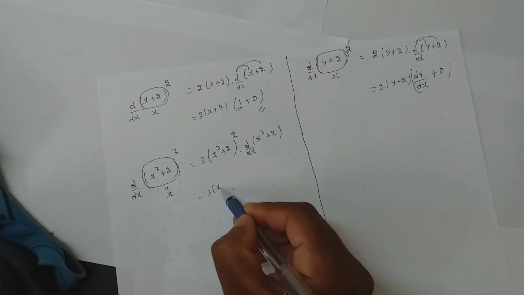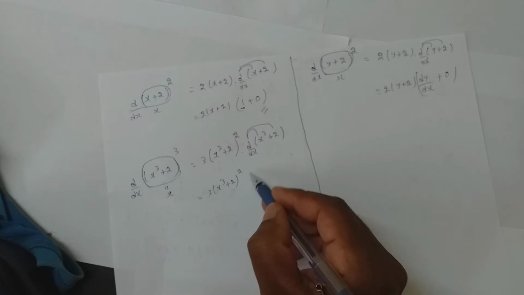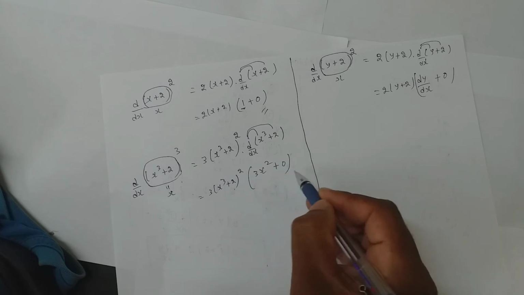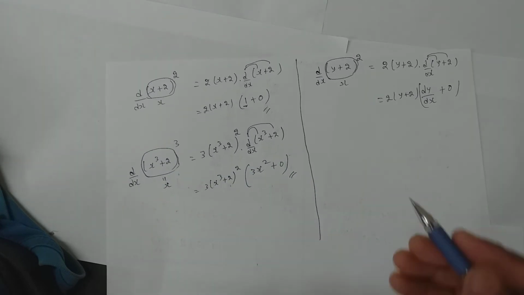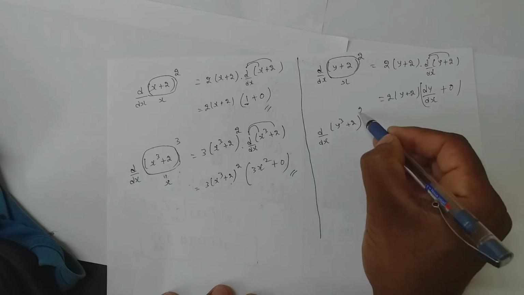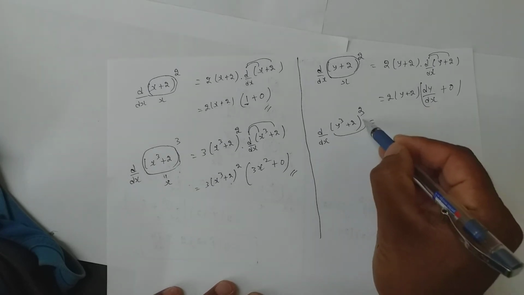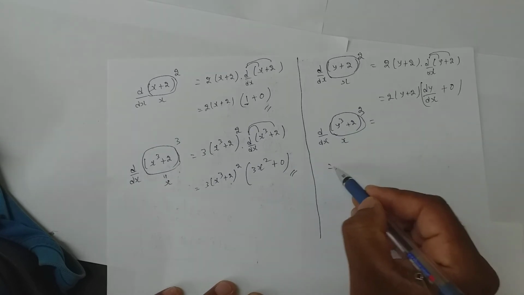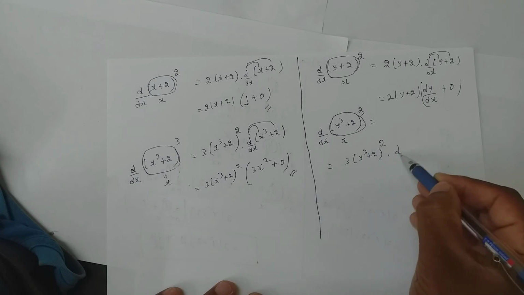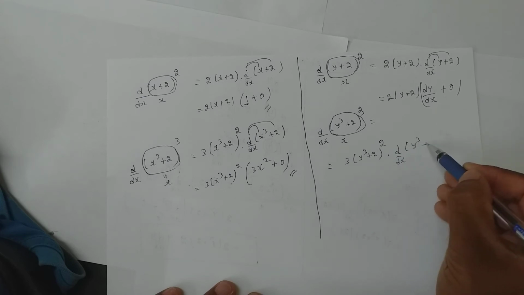Now next is 3 into x cube plus 2 whole square. This gets applied on x cube and also on 2. When it is applied on x cube, you get 3x square. For 2 it is 0. Clear? Now if the same case, when you have got y instead of x, again you will assume this to be x. So x cube differentiation is 3x square. So 3 into y cube plus 2 whole square into d by dx of, in place of x whatever you have assumed, that is y cube plus 2.